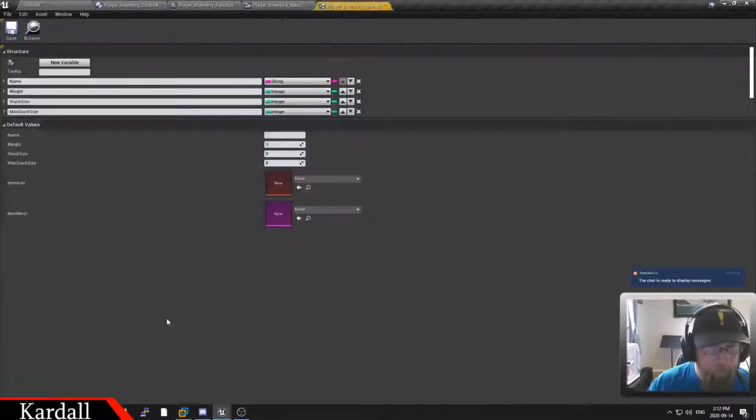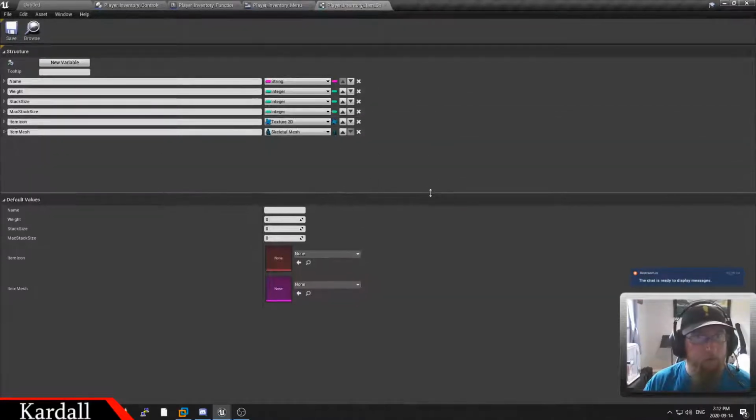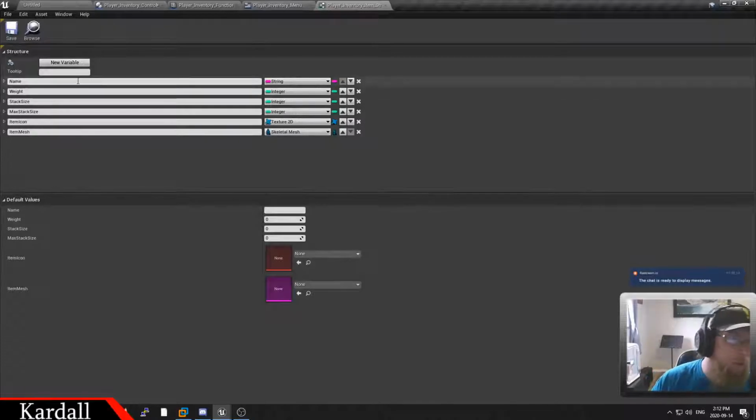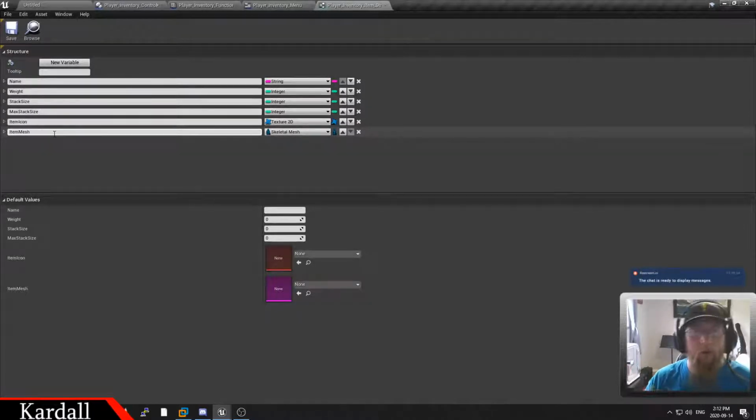data, so this is the structure for an item inside the container, and it contains the basic information about the item. So we have the name of the item, its weight, stack size, its max stack size, icon, which is what is displayed in the menu, and then the item mesh is the skeletal mesh of that item. So in order to create the object, you have to have the icons and the static mesh, skeletal mesh, whatever, for that item, so that if you spawn that item in the game, then it's going to be